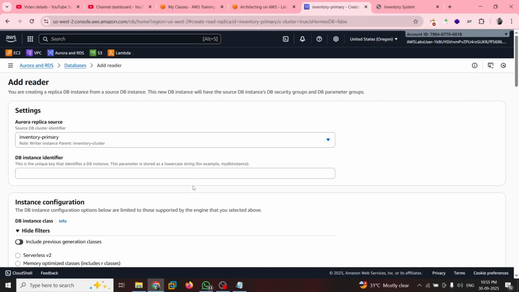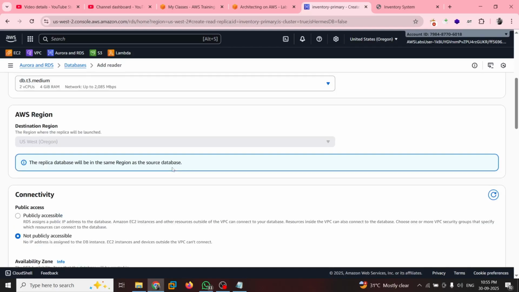DB instances identify. In the connectivity section under availability zone, select a different availability zone from the one noted above in your primary located. Okay. This replica database will be in the same region as the source database. Availability zone USA. I do not remember now what was the